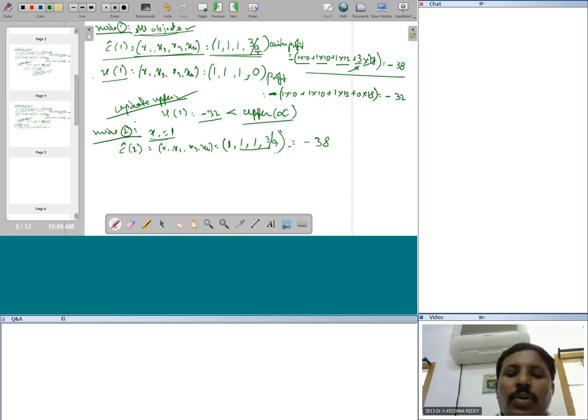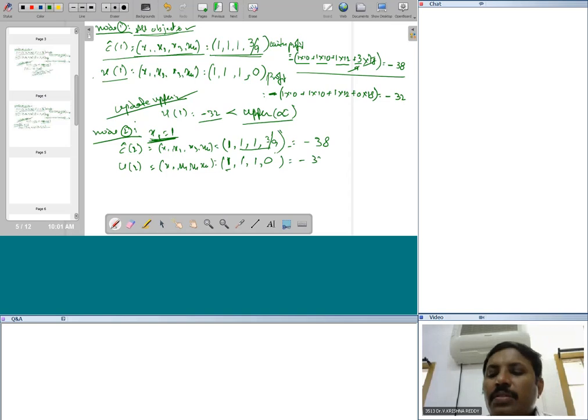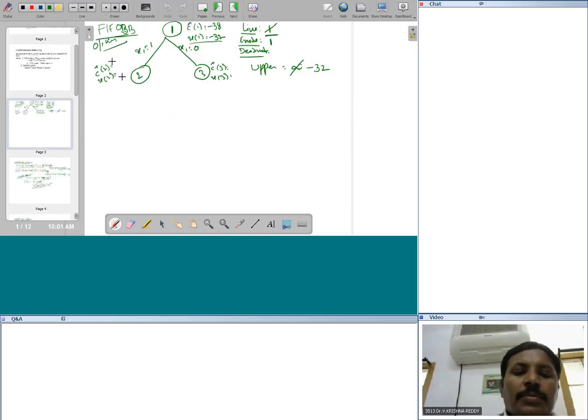Next, U of 2. U of 2 also has the same x1, x2, x3, x4. But what is the difference between the lower bound and upper bound? In the upper bound, we are not allowing the portion of the object. So the first object only we are fixing as per the current status, x1 is equal to 1. So the remaining objects you have to take as per the previous logic. That is called minus 32. Same previous execution. So we have to write the result minus 38, minus 32. So then we can continue with